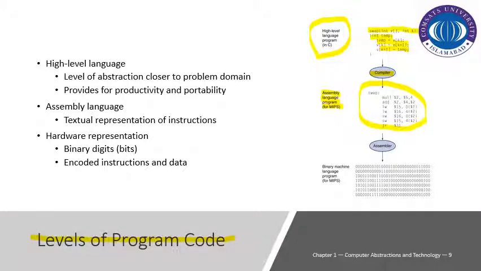The assembly code is the textual representation of the instructions, and it corresponds to a specific architecture. Here we are utilizing the instruction set architecture that acts as a bridge between the hardware and the software. The next thing is to convert that assembly code into the binary representation, or machine code representation, and for that we are using the assembler here. An assembler is a software component that converts our assembly code into the machine code.